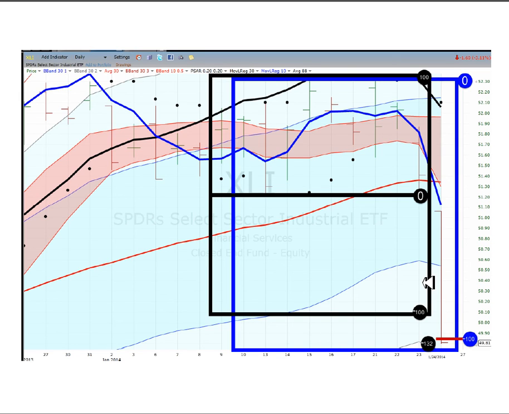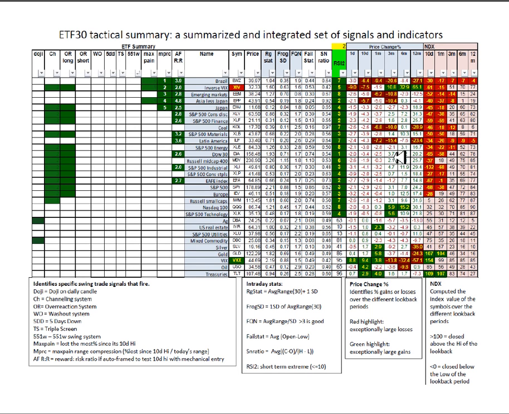So that's a look at the Williams %R and its comparison to the Tortoise NDX and how we use that to help us find candidates that we're very interested in at the extremes of relative performance compared to other symbols in their peer group. So that's Ken Long from Tortoise Capital with